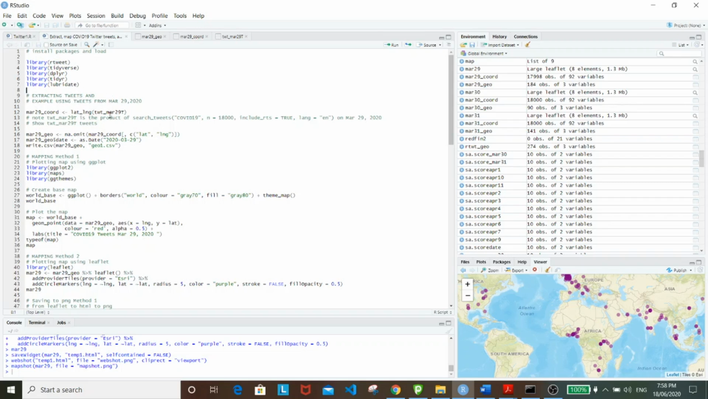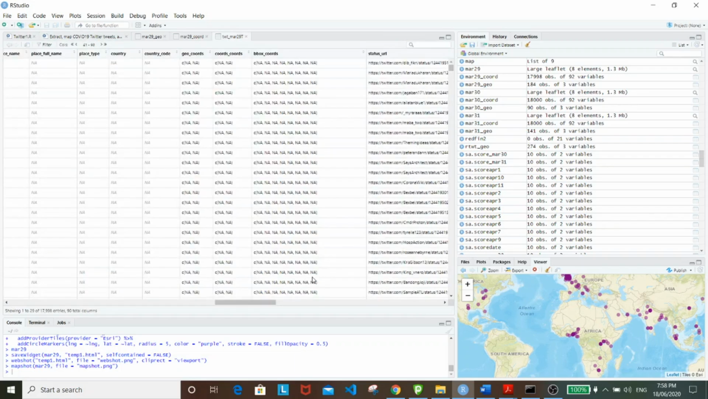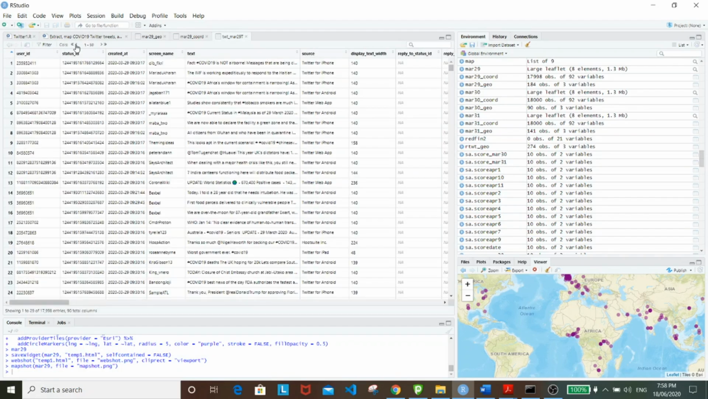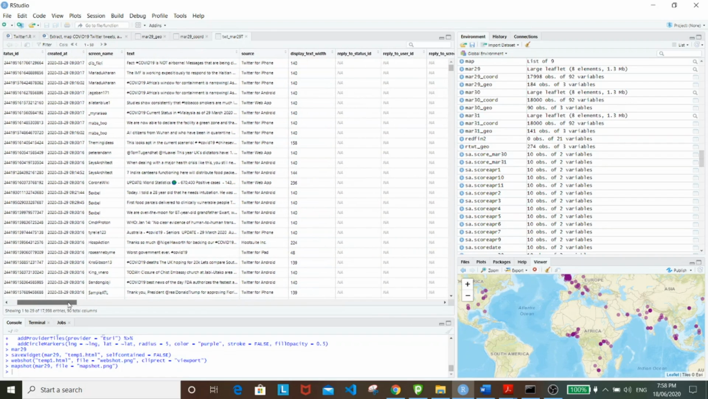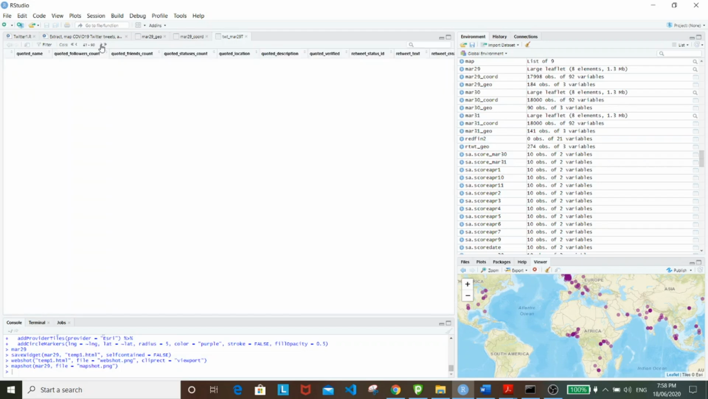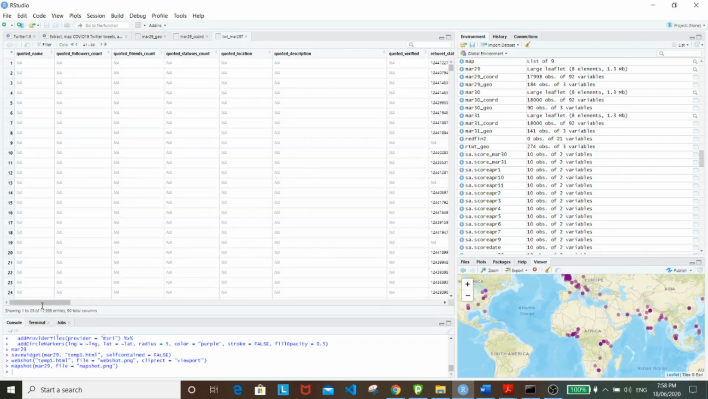So next I want to show you how the product of the search tweets function looks for COVID-19. I extracted the tweets in my last video, and I just want to quickly go back and take another look and show you again how it looks. This was extracted on March 29, 2020. So you can see all the COVID-19 tweets here. What's important in this particular exercise is the coordinates, because we'll be using